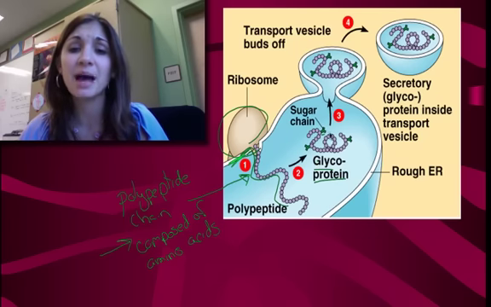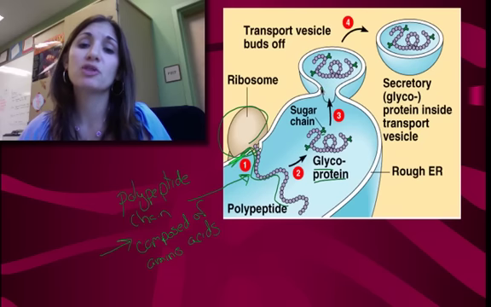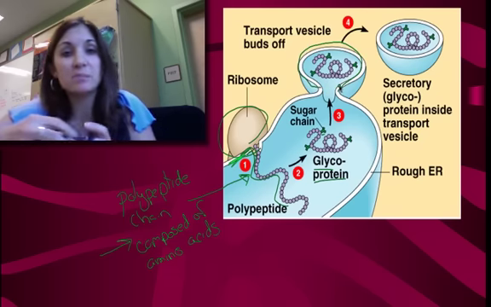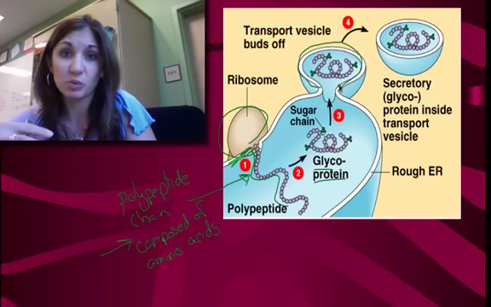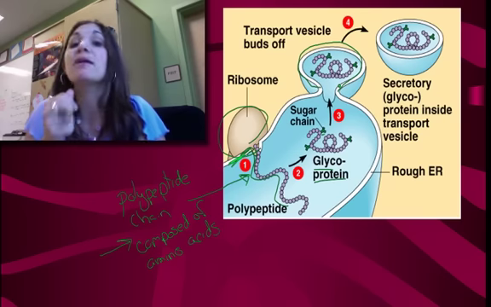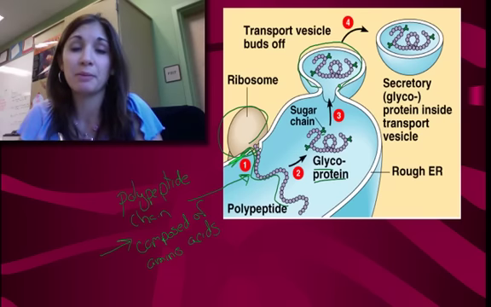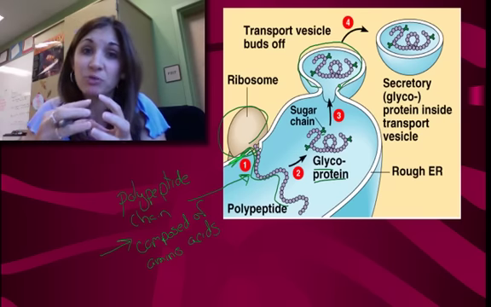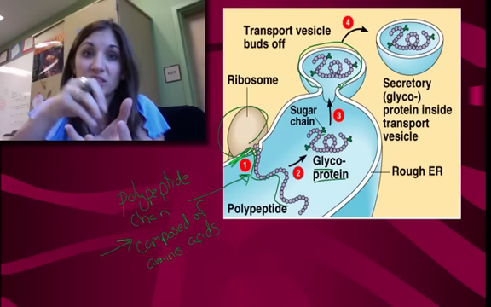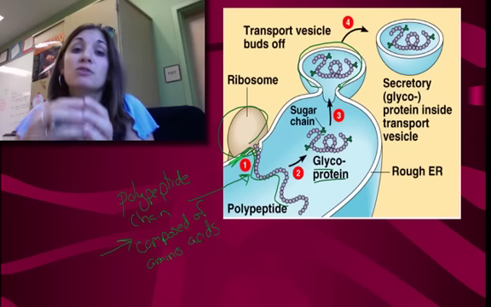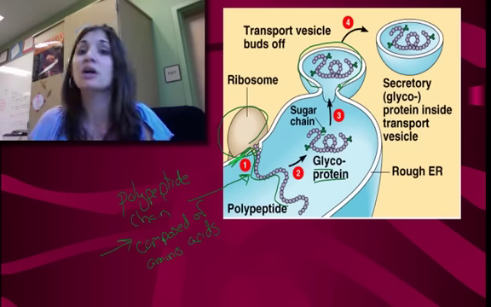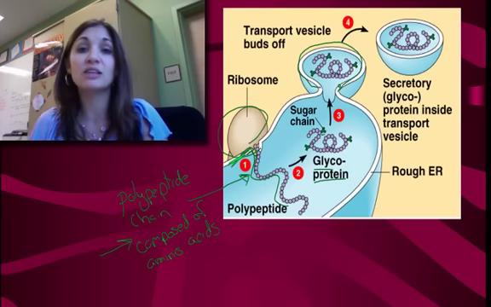In order for that to happen, we form a transport vesicle, and a transport vesicle is basically a bubble that's budding off of the membrane of one of these organelles. Because the membranes are self-healing, it can pinch in. Think about it like blowing bubbles in the summer using a bubble wand. And now that transport vesicle, which is really just a membrane with a substance inside, can be taken to the next destination, the next place it needs to go to either finish its modification process or be exported